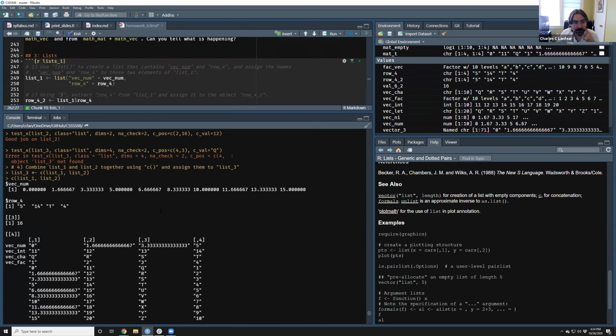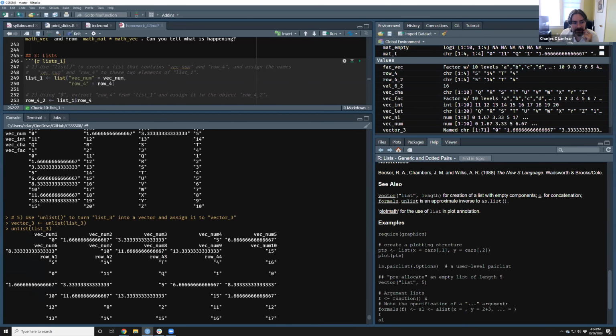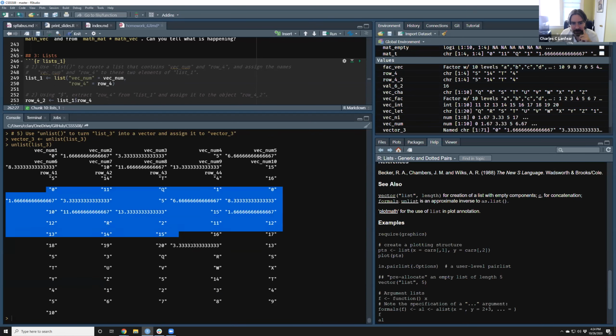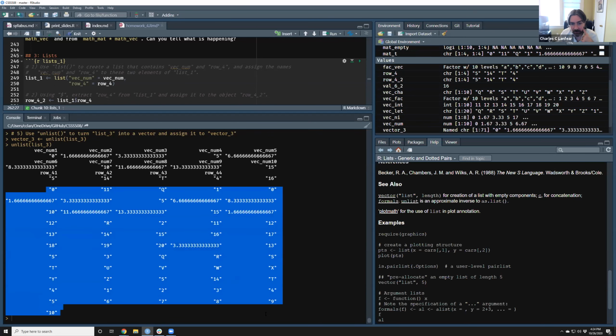So if you look at the original list, it's vecnum 0 through 15. If we look at this new list, it goes vecnum 1 is 0, vecnum 2 is this, blah, blah, all the way to 15. So this right here is the first element of the old list. This is the second element of the old list. This is its third element. And this thing was the fourth element of the original list.